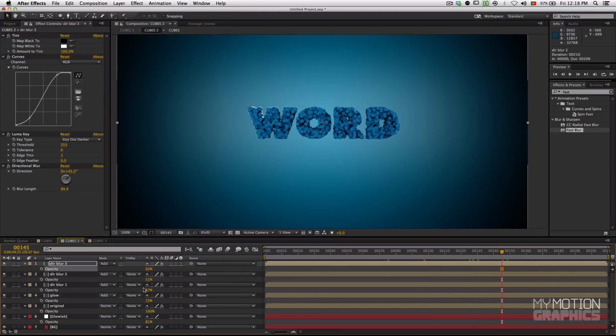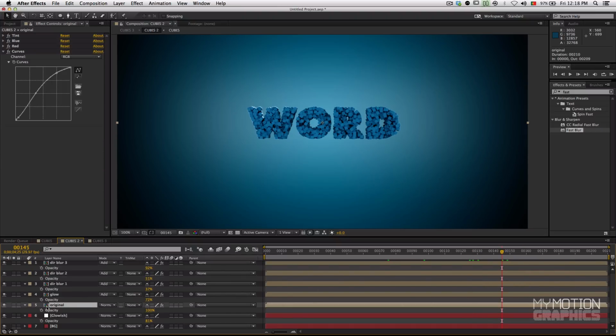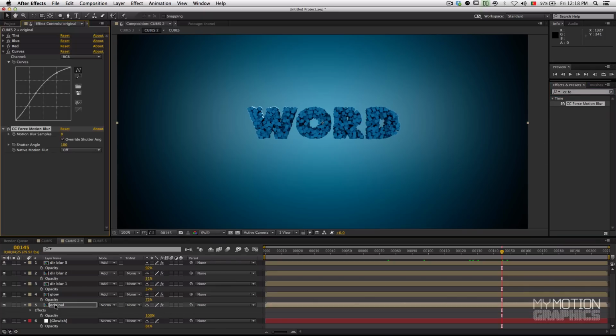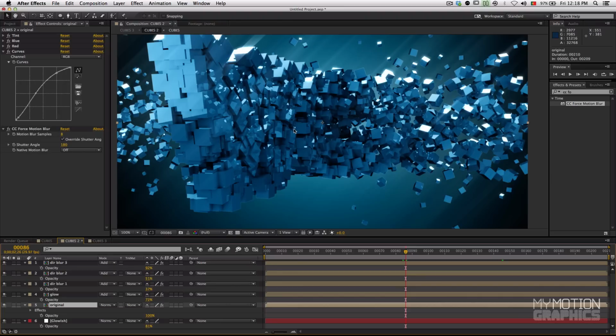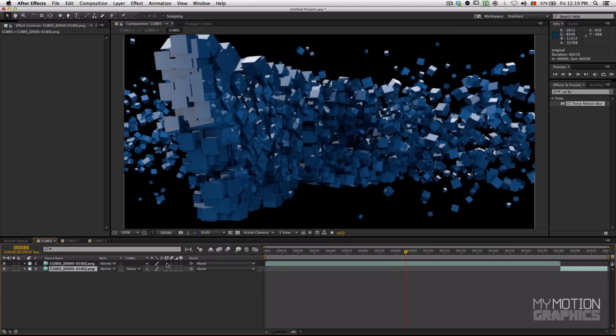cool. And yes, now we're heading to our last step, which is to add the motion blur. So let's pick our CC Force Motion Blur. Let's drag this onto our original footage like that. And nothing happens, right? Let's just try and look for some place where we can find movement, like so. And we see nothing. So what we need to do is double click on our original footage and then double click on this little icon over here,